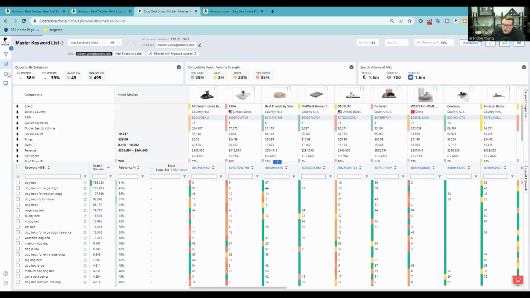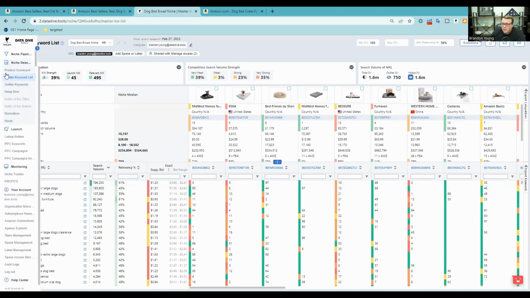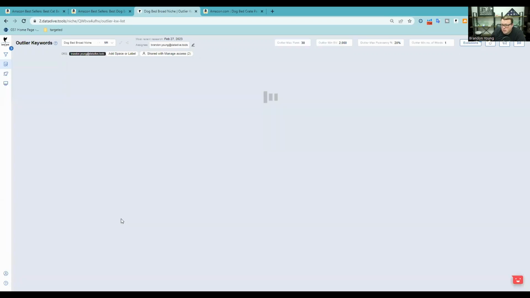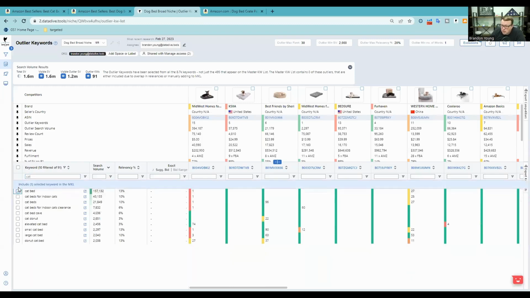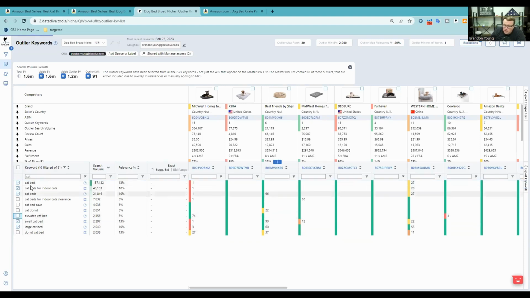And then by selecting them, I've added them over here. Oh, maybe I had to actually, hold on. Oh, I had to actually click it. Hold on. I don't want clearance. There's elevated cat bed. If you're going to sell an elevated dog bed, then you could sell the elevated cat bed. Small cat bed, large dog bed. There you go. But let's pretend we're not going to sell the elevated. So now I've added these right over,